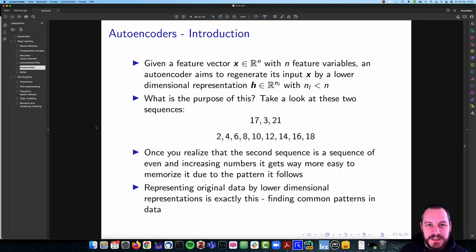Okay, and that is basically what we're trying to find with autoencoders, that we have some regularities among different variables, but we may observe certain patterns which makes it enough, or which suffices, if we have a lower amount of numbers but still have as much information as possible as we had in the original data sample. Okay,